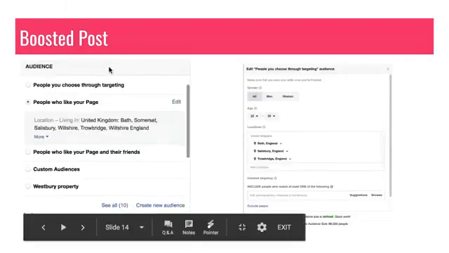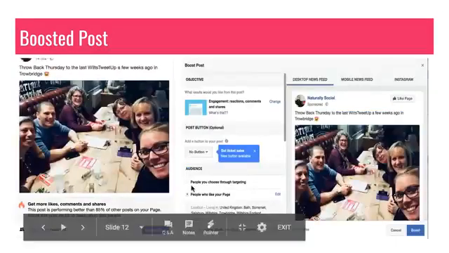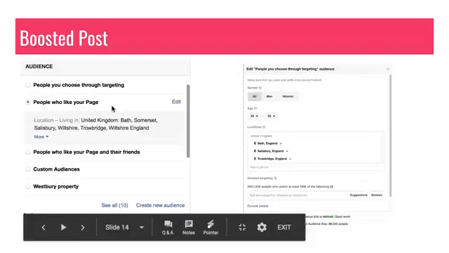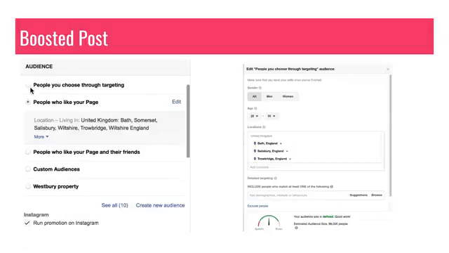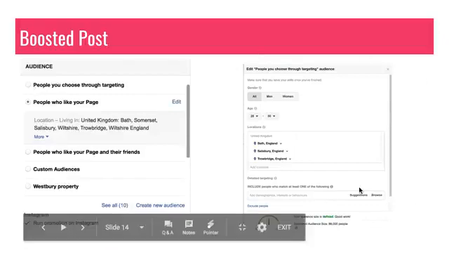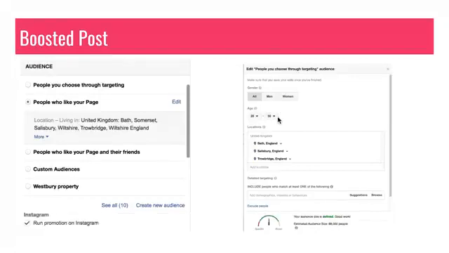And then this is the audience. So this is down the left-hand side of your ad. So down here, you've got this screen. You'll get an audience selection. You can set up your own audiences, and that's more of an advanced feature, which is a different module. But this is the one that you want to go to. People you choose through targeting, and then you get this option here. Key tips for this: remember the age. Yes, okay, the biggest age range on Facebook might be 18-year-olds, but they're not using Facebook now. They might have profiles, but they hardly use their